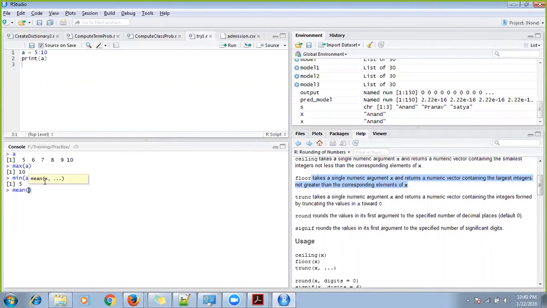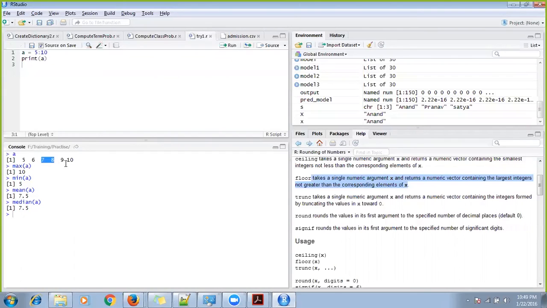Median of A is 7.5, because it has an even number of values, there is no real mid, so it takes the average of 7 and 8.